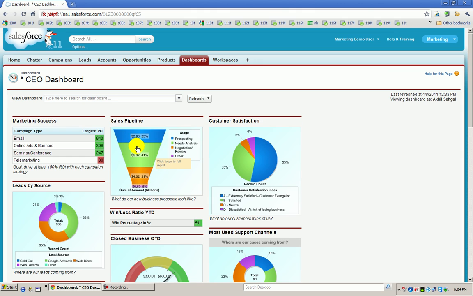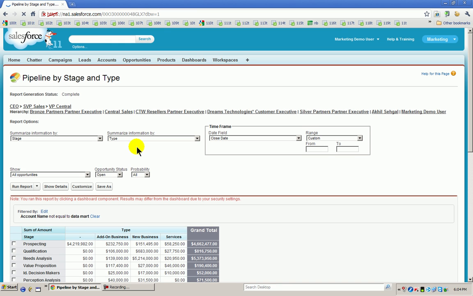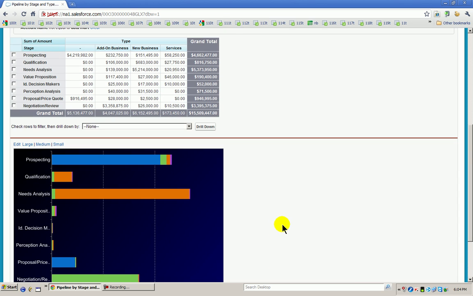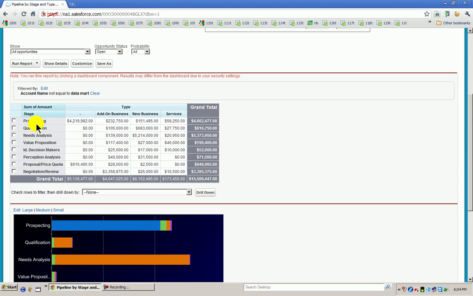Now if I click on any of the dashboards here, it will take you to a brief level of reports. So this is the brief level. What is my prospecting? This was my funnel report: proposal, negotiation, closed.